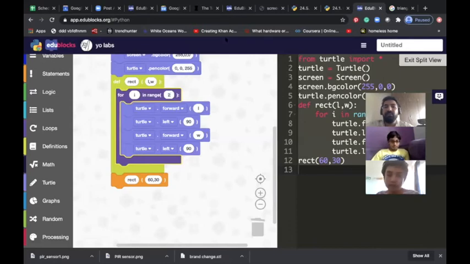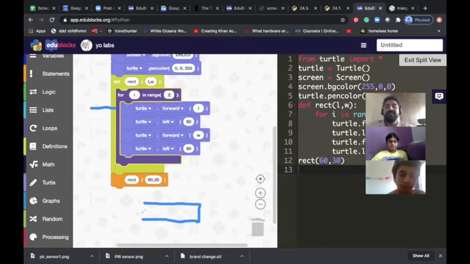First, if you see here what I'm doing, I'm first saying the turtle forward length. How much? 60. I'm going 60. Then I'm saying turn 90, I turn 90. Then I'm saying width 30. Yeah, 30. And then I'm again turning. So already I'm creating half of the rectangle in one shot, so I only have to do it twice. So again, if I do this, I'm creating my rectangle. So I don't have to do that.